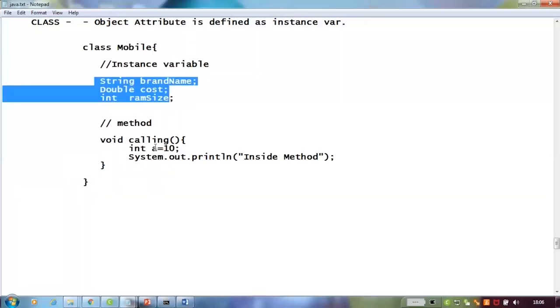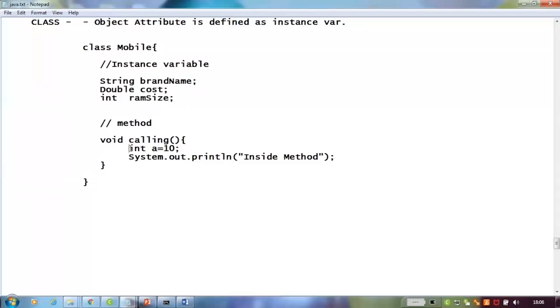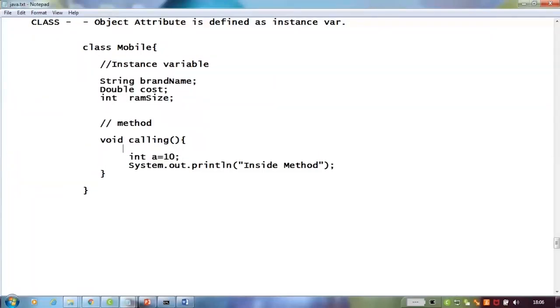If I declare a variable inside a method, then it is called a local variable. Right? It is called a local variable. Fine, right? Okay. Now here,